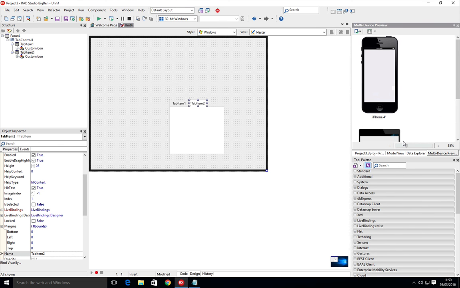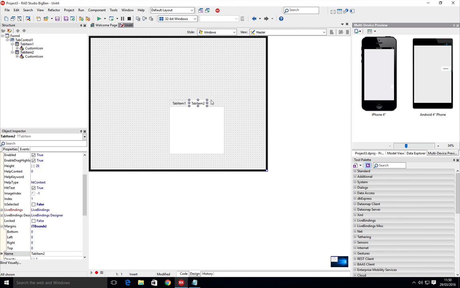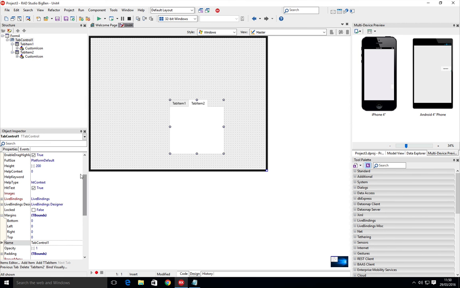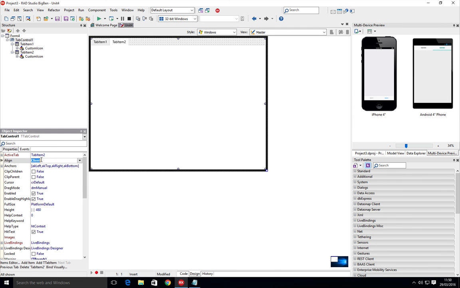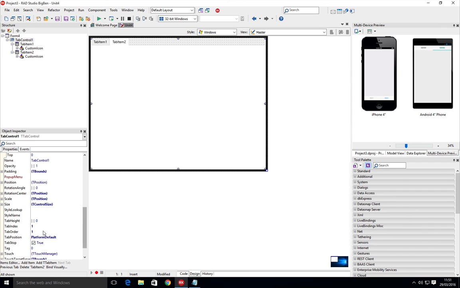And that'll give me an immediate bit of feedback about how it's going to look on the two different platforms. And I can then add some more devices in as I get going. But I'd normally have this on a separate monitor with a few more devices and running slightly bigger. But this is perfectly great. So we can see here immediately the tabs at the bottom for iOS and at the top for Android. And that's because the tab control itself has a tab location set to platform default. Now I could enforce them that they're always going to be at the bottom, or they're always going to be at the top, or there's always going to be none. I've got dots when there's none, top for example,